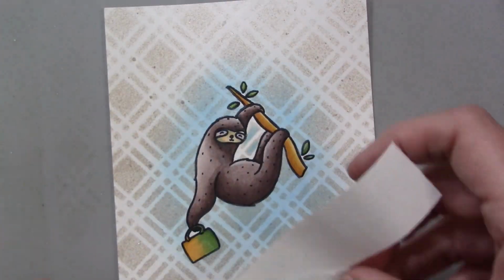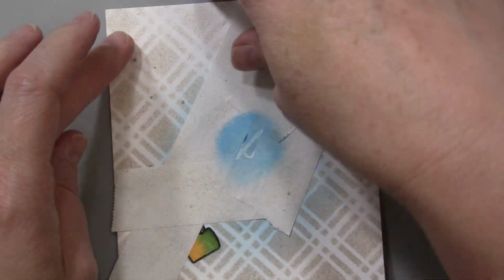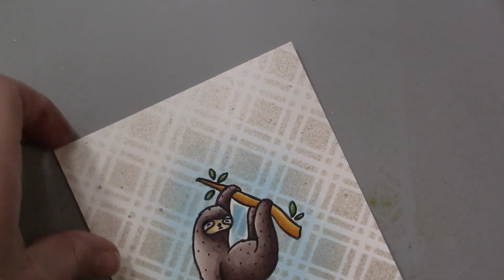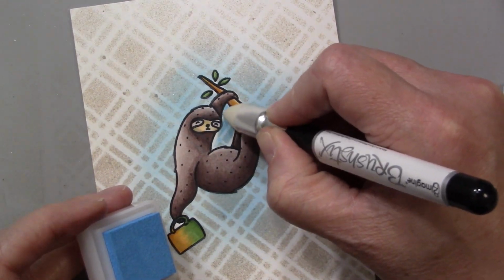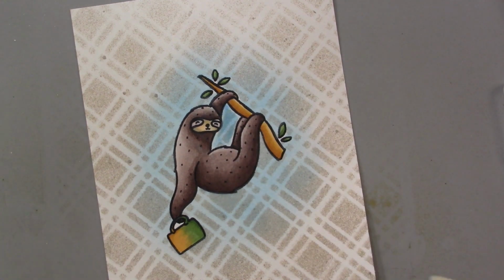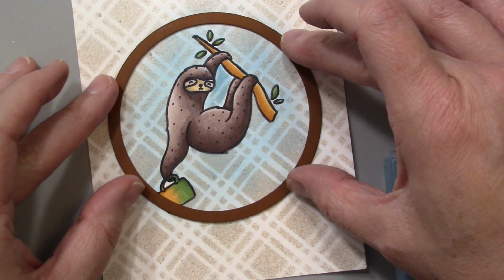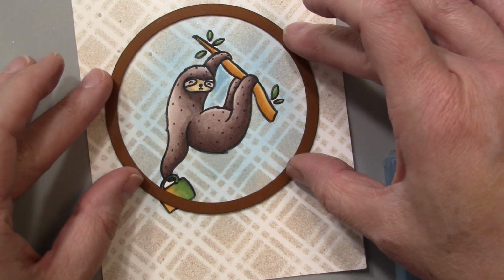So I'm going to take a brush sticks. This is a tool that I was telling you about that you can use. First I tried the sponge dauber, but I noticed there's some spots that I don't get into because the tape kind of covers that area. So I'm taking this little brush sticks and just filling in those spaces. It's a very fine point tip, and I can pick up that ink and then just fix that little spot there. So now I'm going to take a round die cut and simply die cut this image out, but you're